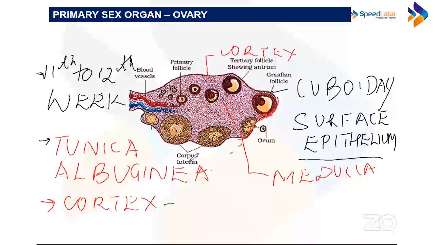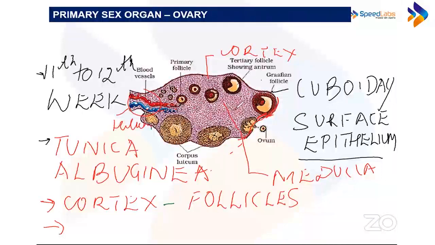Follicles are not present in the medulla region. So this has follicles. Okay. So what has follicles? The cortex has follicles. What is there in the medulla? अब देखो, ये जो region है ना, where you can see blood vessels entering, और यहाँ पे कुछ hormone producing cells भी हैं. This region is called the hilum. This region is hilum. Okay. And this is a part of the medulla. And medulla has what? What does the medulla have? The medulla has blood vessels. So medulla has blood vessels.